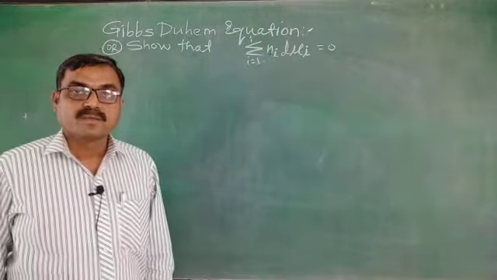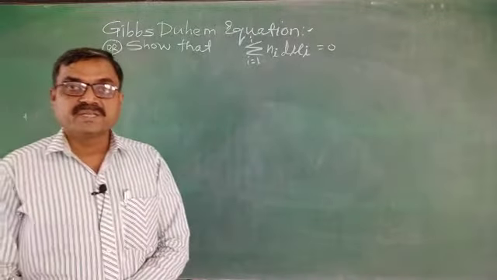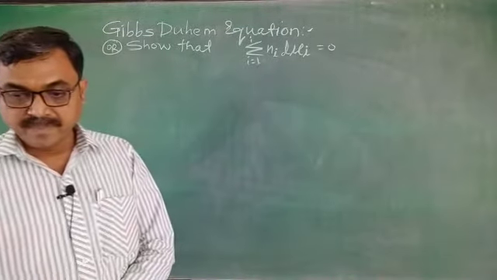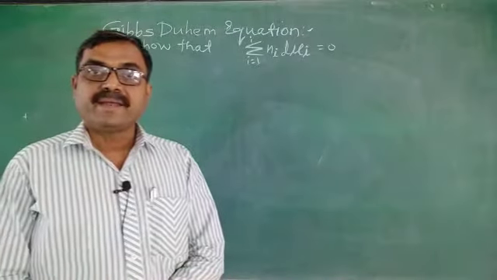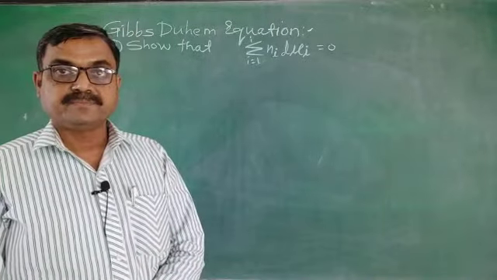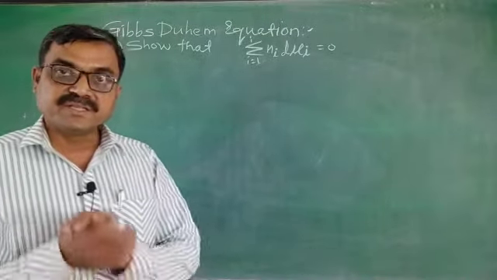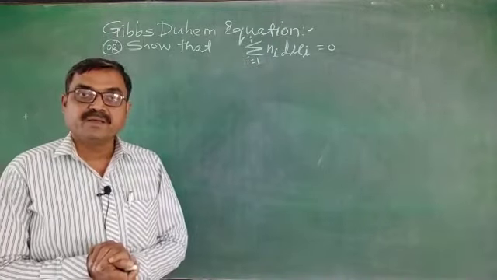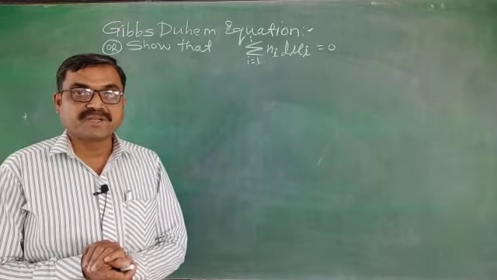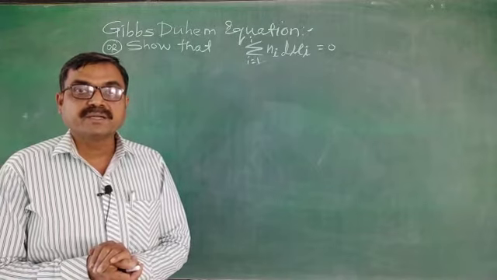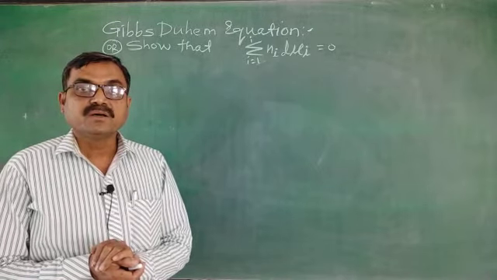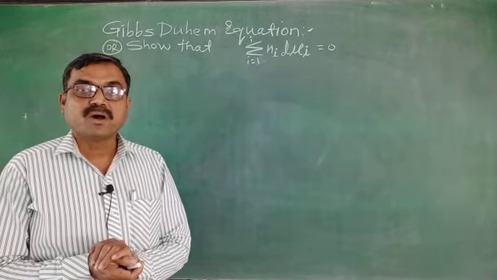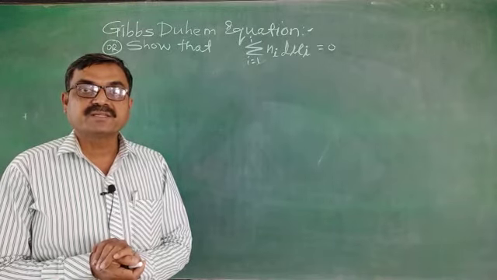Now you know this Gibbs free energy G is an extensive property, not only due to the pressure and temperature, but due to the number of constituents of the various